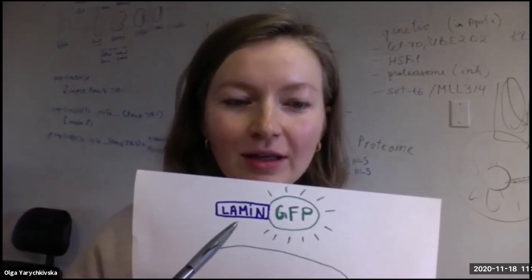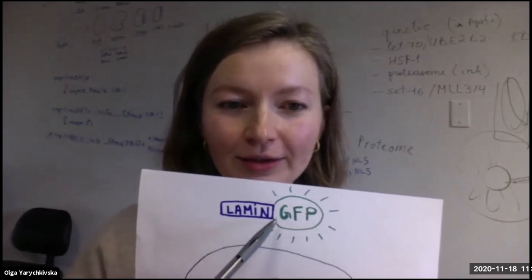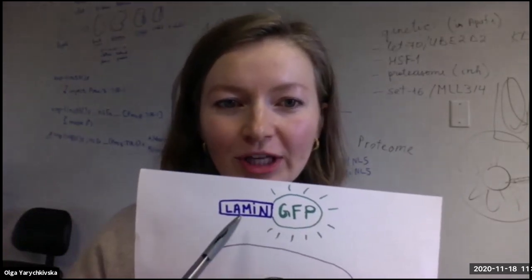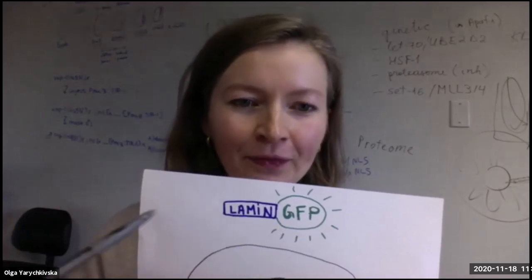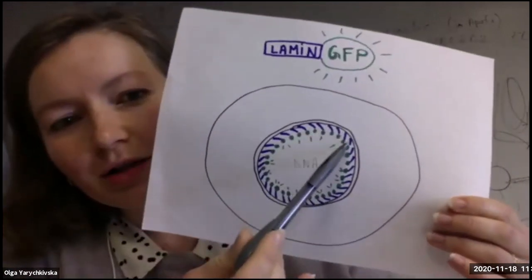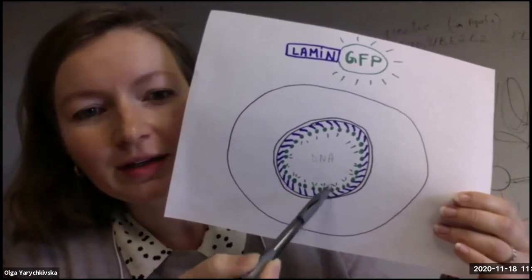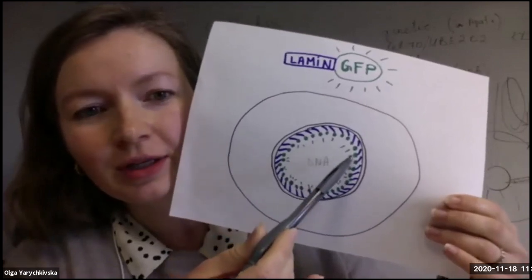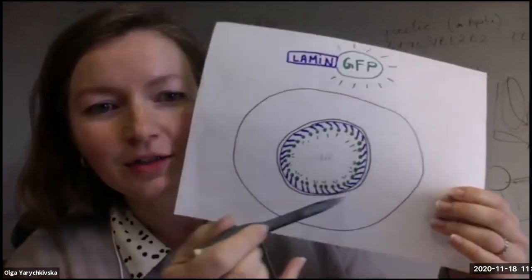So here, I have my lamin protein and I have the GFP attached to it. By looking at the GFP, it's almost like I'm looking at lamin, because lamin is normally invisible. Now when you look at your nucleus, each molecule of lamin in the nucleus will have this little tag of GFP, and all of them will be fluorescing when I put them under the fluorescent microscope. And so you will see the light shining, and you will be able to see this nuclear shape.